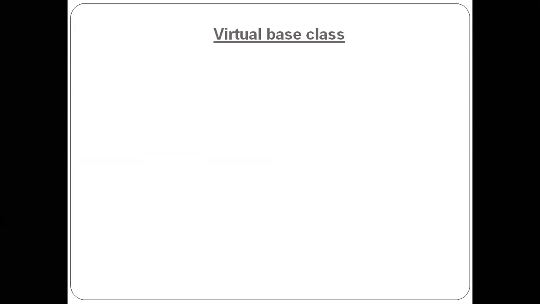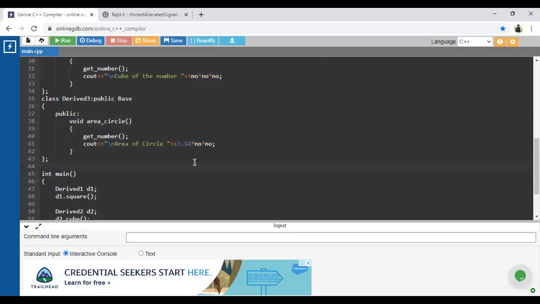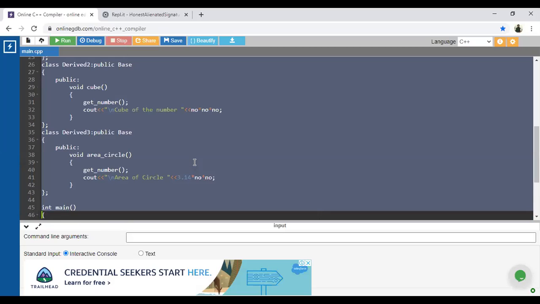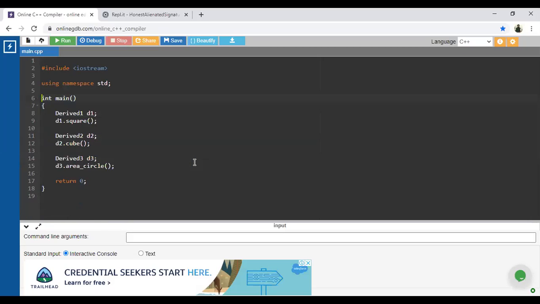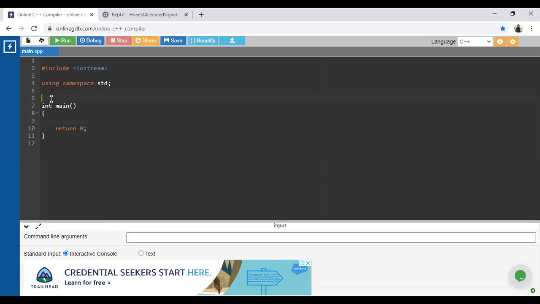So this is the relation in this hybrid inheritance. I will show you the actual implementation. Is this visible now? Okay, I will remove all this and just draw the blueprint.